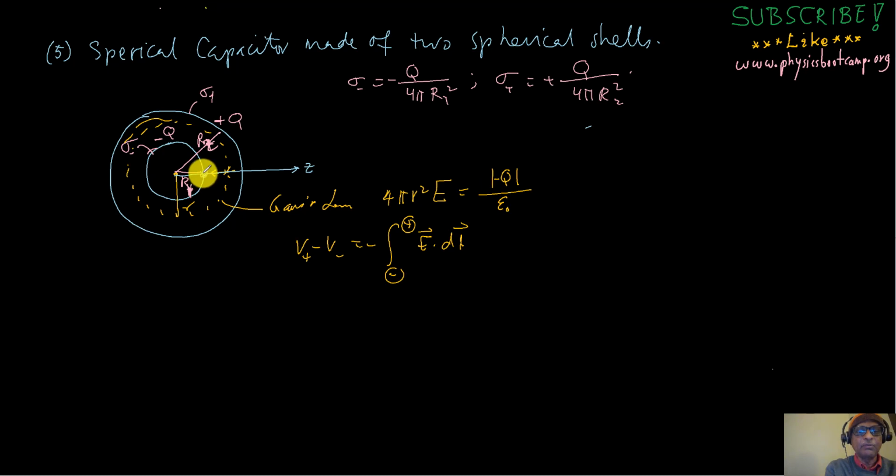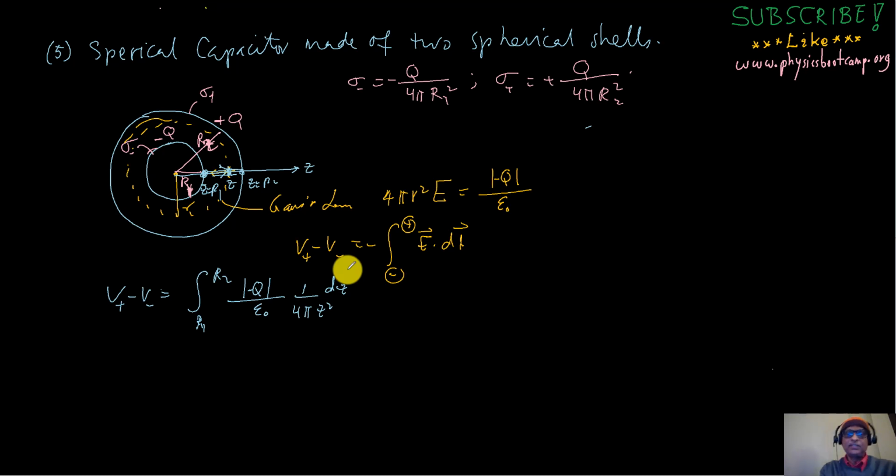I go from z equals r1 to z equals r2, from here to there, and I go in the opposite direction. So just like before, V plus minus V minus is going to be the integral from r1 to r2. This r will be just some arbitrary point z, so it is minus Q over epsilon naught 1 over 4 pi z square dz,